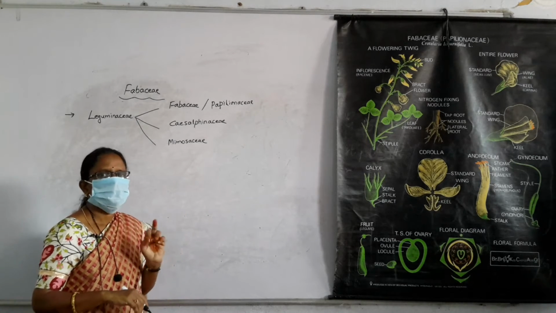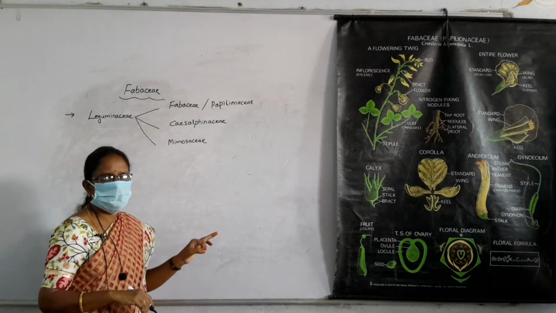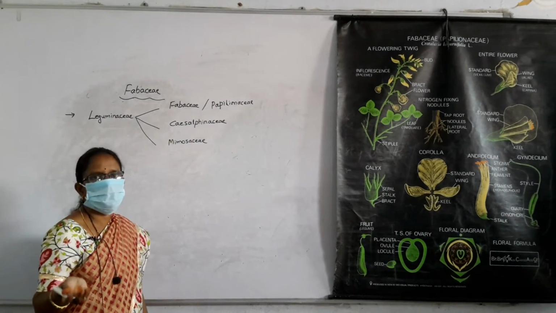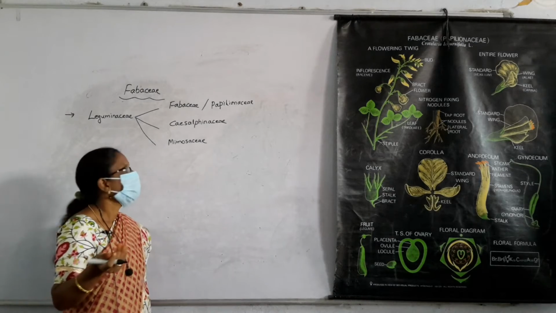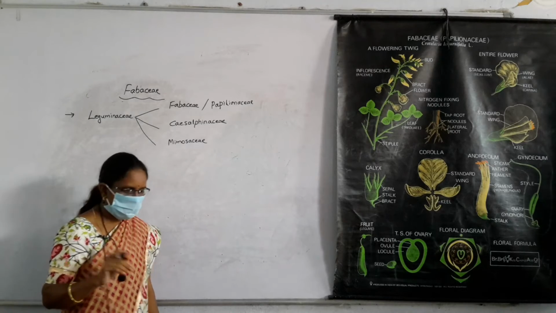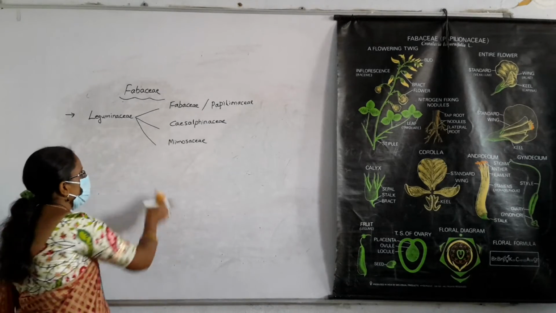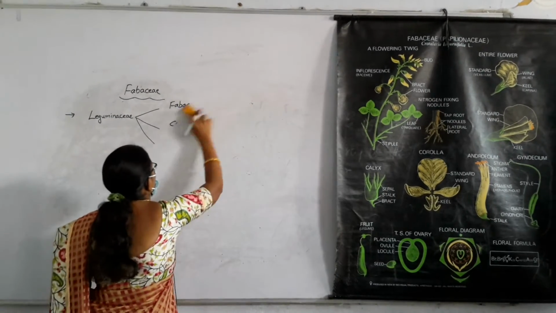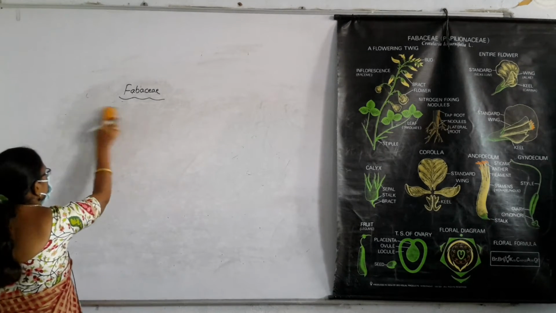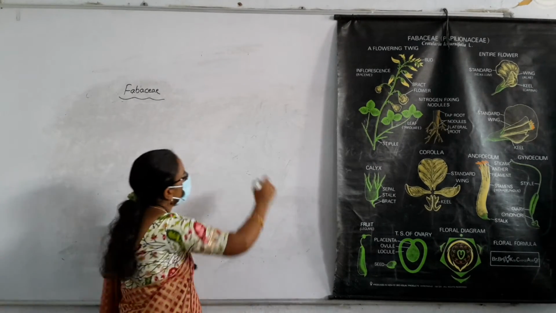The Leguminosae family is divided into three subfamilies: Mimosoidae, Papilionoidae and Schizophenoidae. These are also called Mimosaceae, Schizophenoidae, and the last one is Papilionaceae, which is also called Fabaceae. First we will see the Fabaceae subfamily, and next we write the classification of the Fabaceae family.